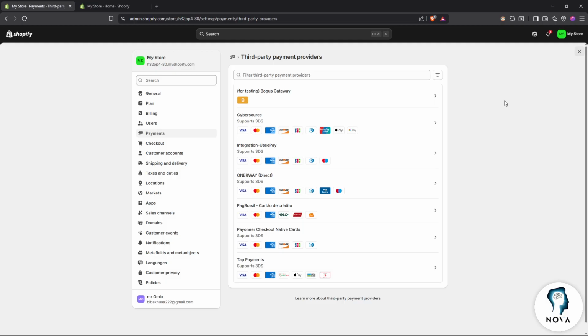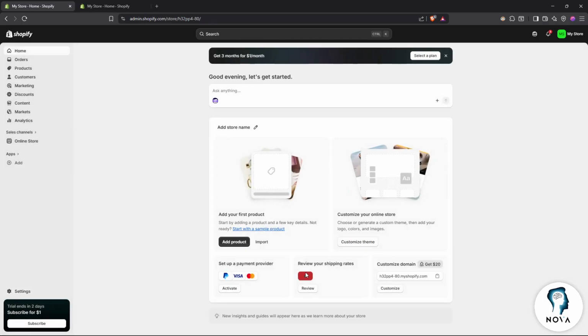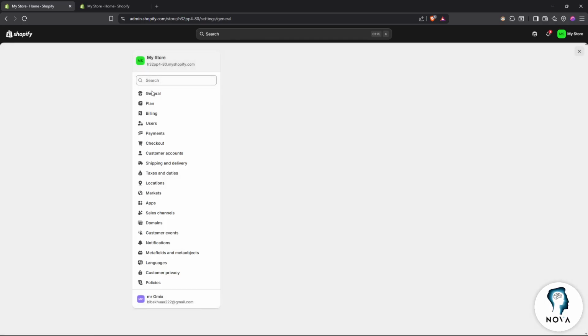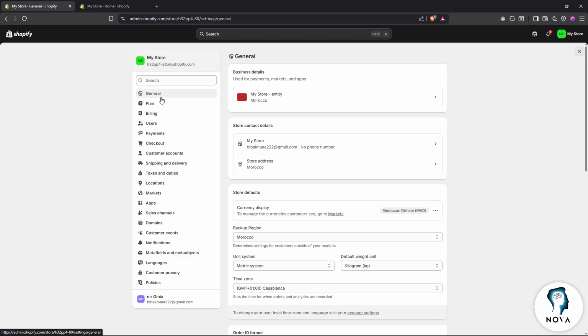The first thing that you'll need to know is that if you didn't find Stripe, it's basically because it's not supported in the location of the store that you have. So as an example, in this store, I do have it in Morocco. If you want to know the location of your store, you can click on general and you should normally find